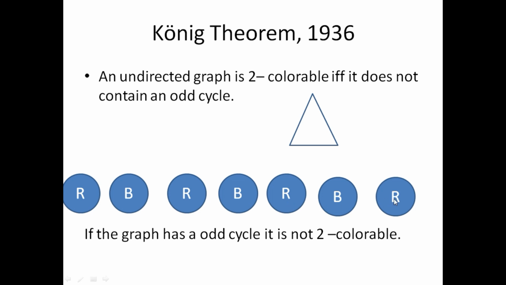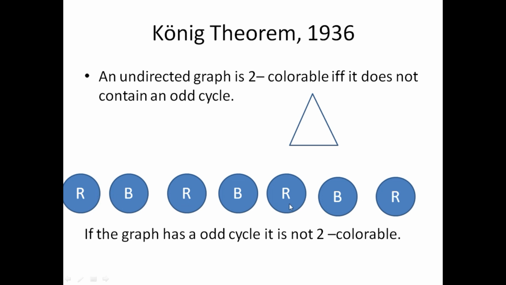Let's say that there is an odd cycle. So when there is an odd cycle, the number of edges in the cycle is odd, and the number of nodes is also odd. So let's say that this is a cycle. I go from left to right, and from the last node there is an edge back to the first vertex. Okay, that is the odd cycle that I have. Since the number of nodes is odd, I can start with either red coloring or blue coloring. So let's say that I start with red color. So the next adjacent vertex should get a blue color because there is an edge from here to here. Okay, because I am considering the cycle.